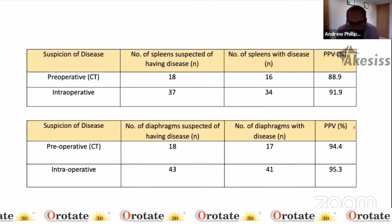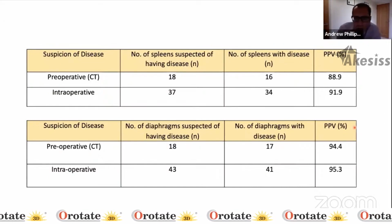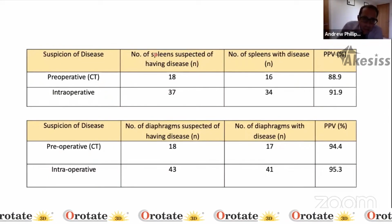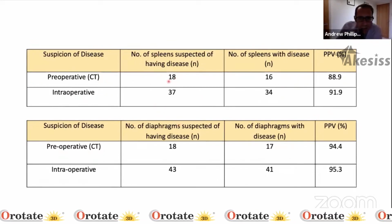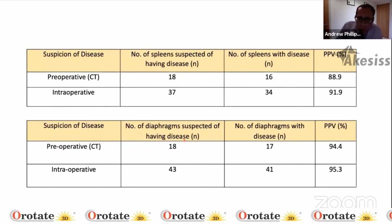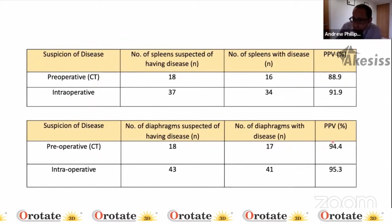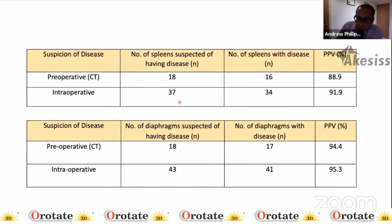This is a study which we did at Birmingham, just a small one, looking at preoperative CT and intraoperative assessment of disease on the spleen and the diaphragm. Okay, and what you could see is that CT scanning picked up a certain amount, and if they thought there was disease on the spleen or on the diaphragm, they pretty much had it. One went in and removed it, but actually CT missed a large volume of disease, okay, which we picked up